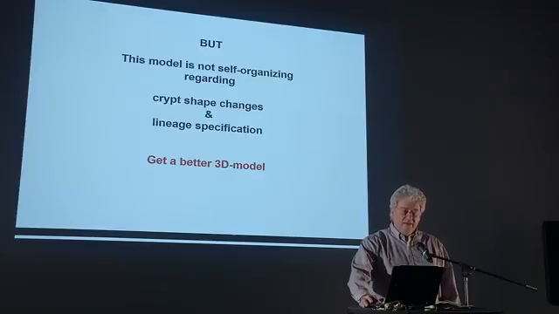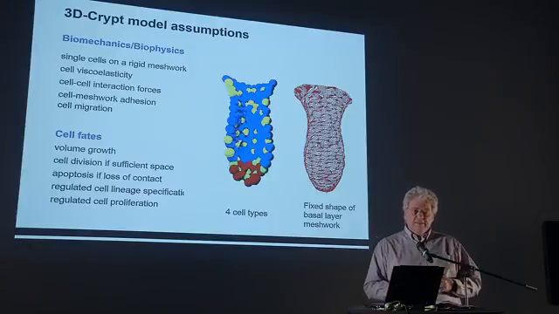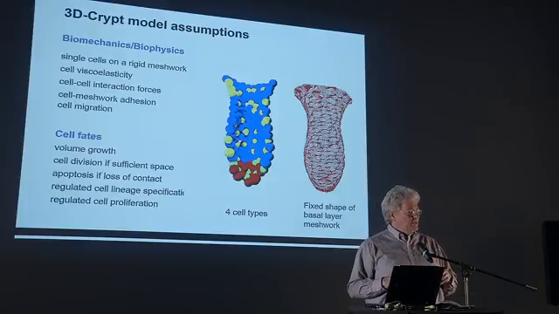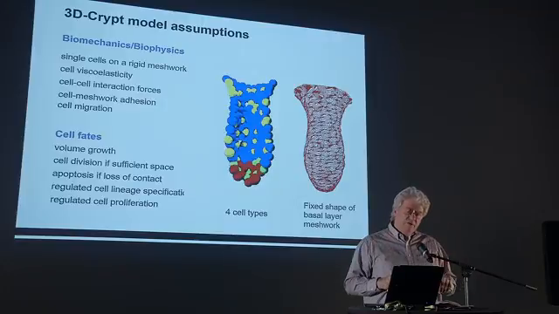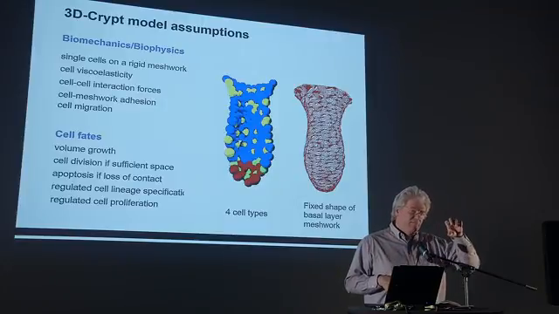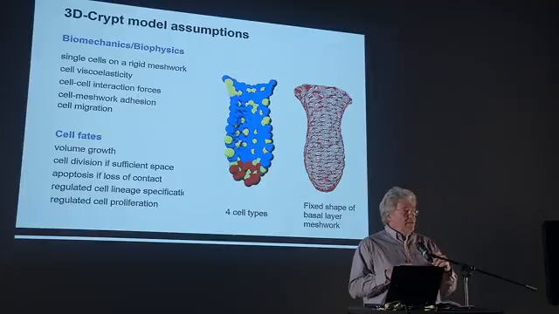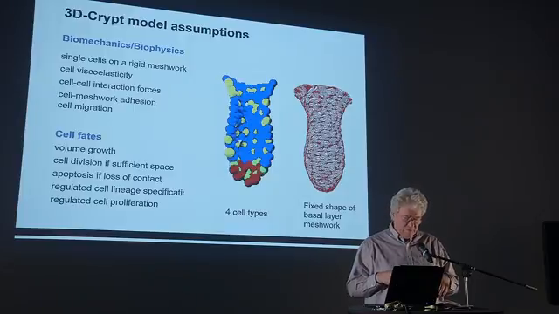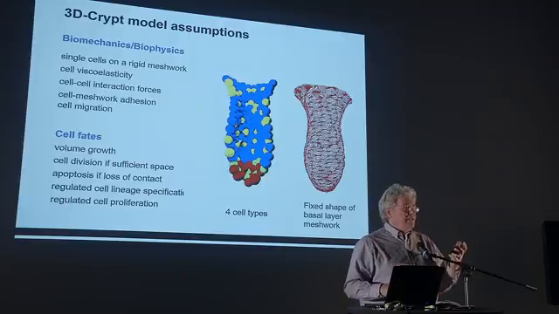Well, now we want to go further, and we make a more advanced model. And this model here is placed on a meshwork of elastic fibers, which we construct in the computer. So there can be tension and forces can be exerted. On this meshwork, we place single 3D spherical cells, as you see here on the left-hand side. And then we introduce now rules not only similar to the ones that you have seen regarding migration, but also rules considering lineage formation. So now there is the question, what singles out goblet cells, the yellow ones from the blue ones, and what